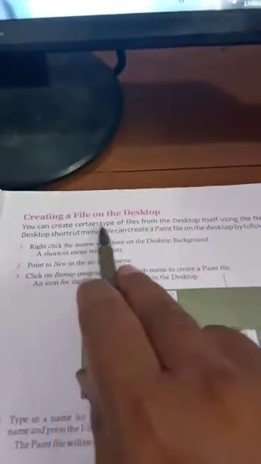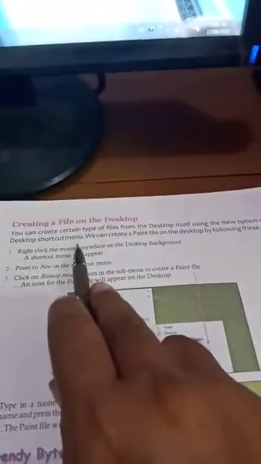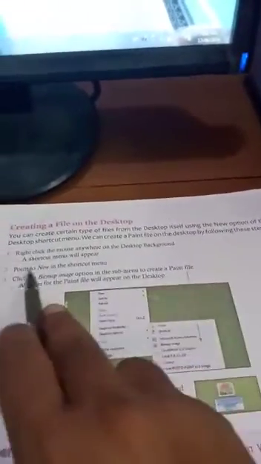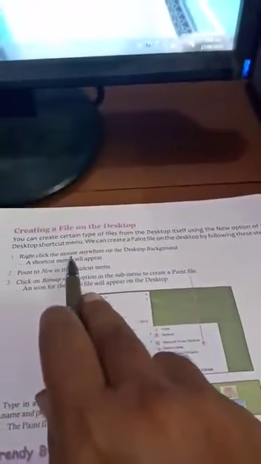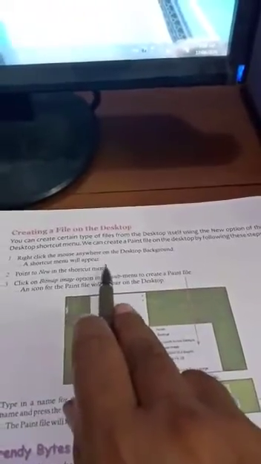Our next topic is creating a file on the desktop. You can create certain types of files from the desktop itself using the New option of the desktop shortcut menu. We can create a paint file on the desktop by following these steps. First, right click the mouse anywhere on the desktop background. A shortcut menu will appear.